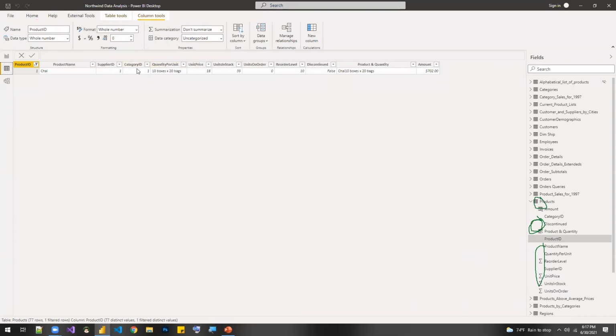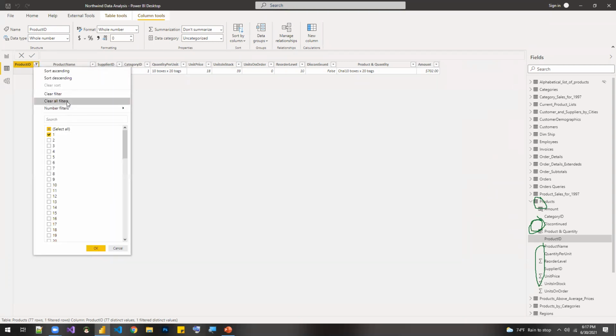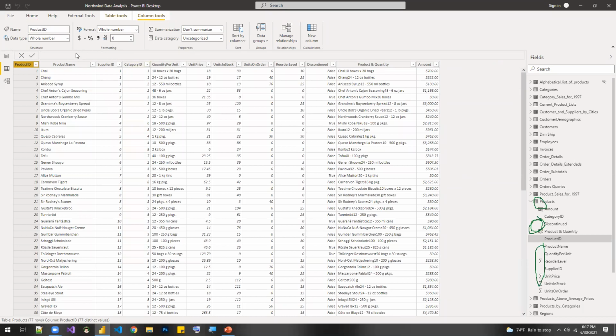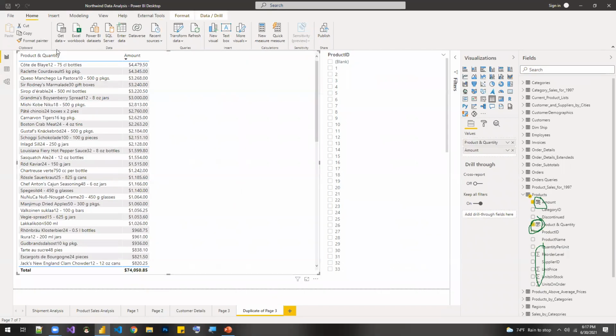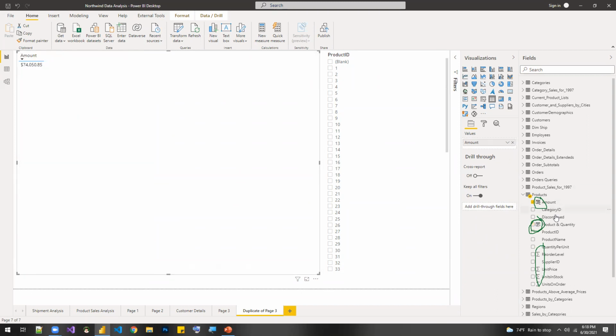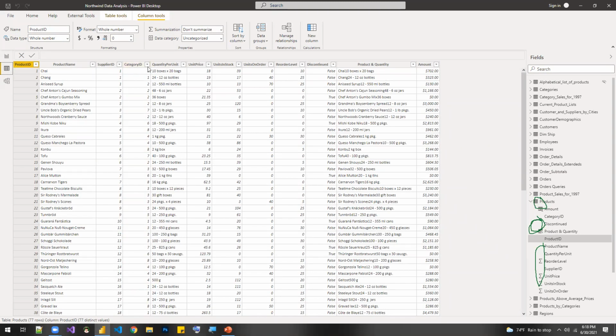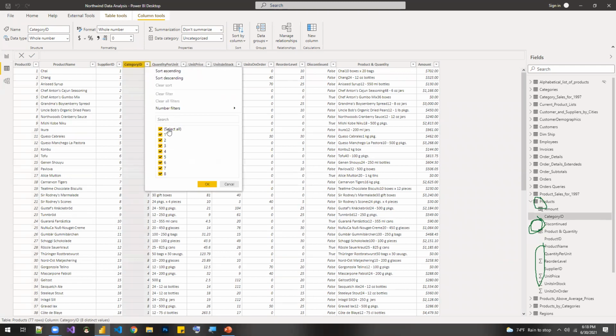And then let me clear this filter here. So you see, we have multiple columns in here, and then we also have this column, category ID. So if I come here, and let's say I am replacing this product and quantity by category ID, then I can remove this column, drag and drop, and then add category ID, and then let me sort by category ID. So you could see if I come to this data view and then pick category ID as 1,